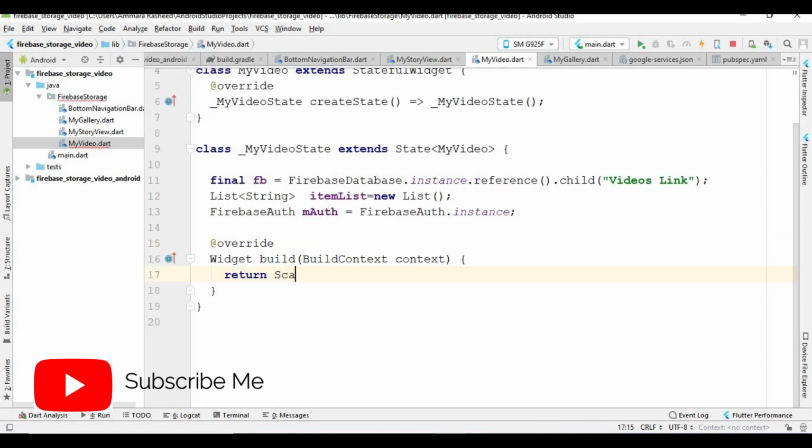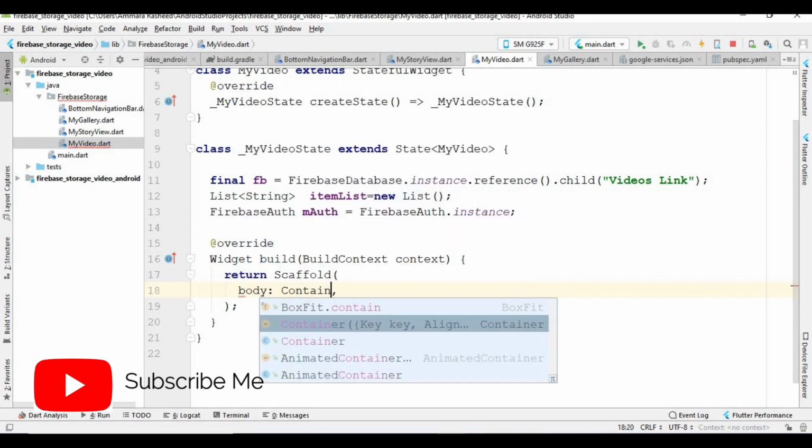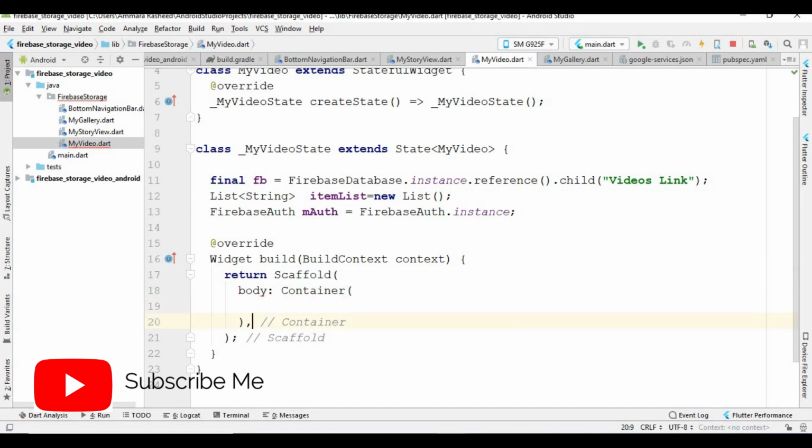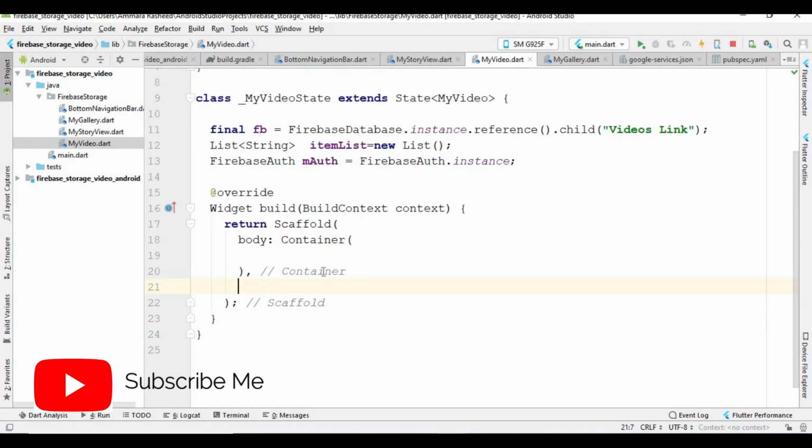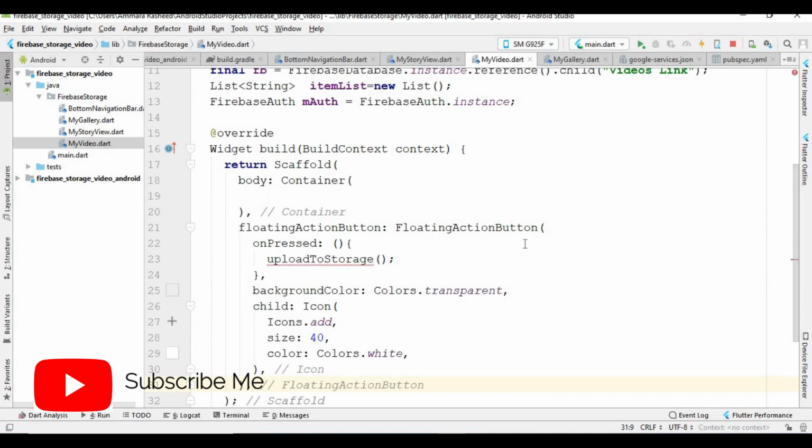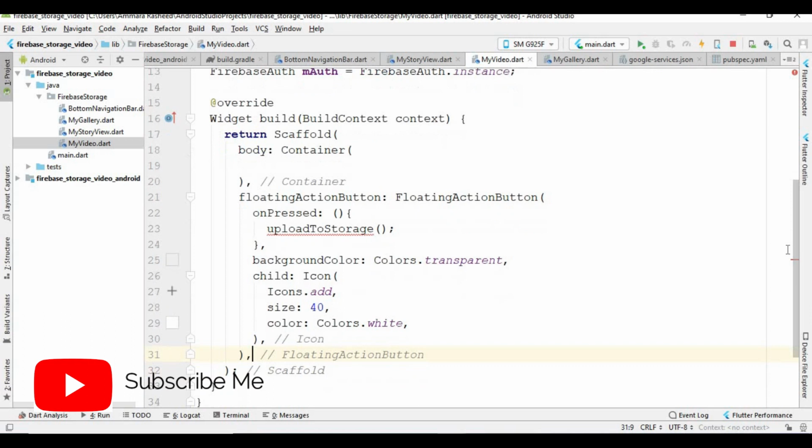first remove this container and use this class. Inside this class I create container, and after that first I am going to add a floating action button which get the video from the mobile phone, and after that store that videos. So I create this floating action button which is very simple. Simply I give the color and add the icon. Okay, so now I create this upload to storage button